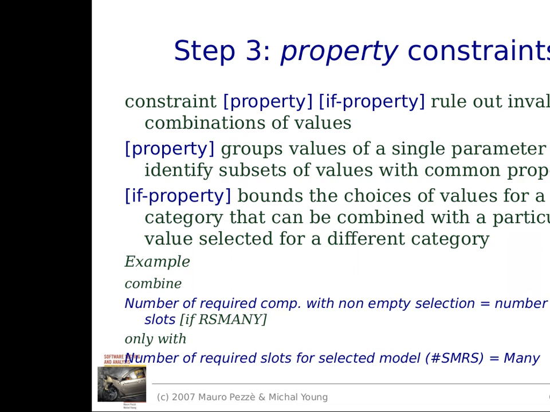The next one can be a little complicated to understand, so I'm going to see if I can explain this to you. So they have a property, if property, to rule out invalid combinations. All they're doing is trying to rule out invalid combinations. A property is going to group values of a single parameter to identify substance. So if something has this, a property is just identifying a property, aka it has this. Then an if property is going to say if you have this property that I was talking about beforehand, then you do something else. So property is just identifying it, and then if property is when you're actually testing if